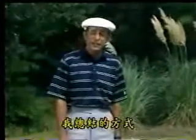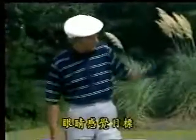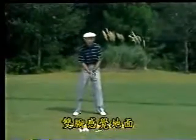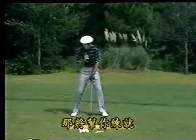Thank you, Bob. And the way I tie it all together is with these 3 thoughts. The eyes sense the target, the hands feel the golf club, and the feet feel the ground. And that is going to help you develop